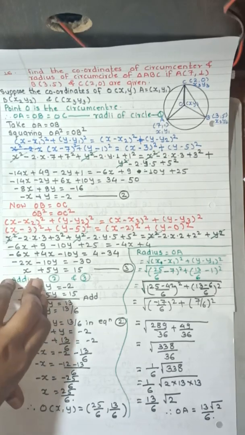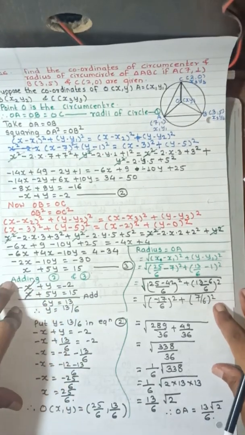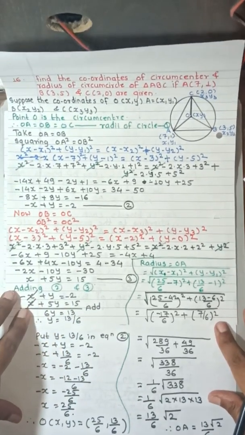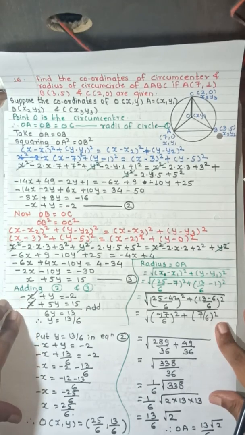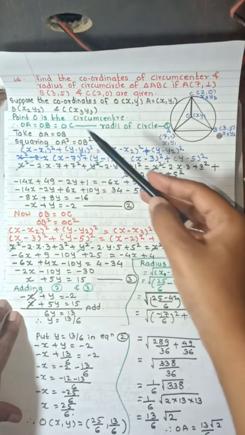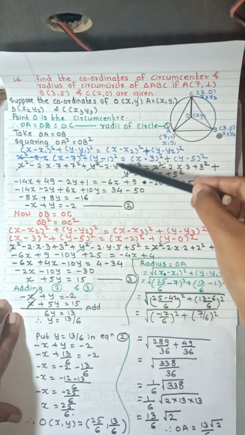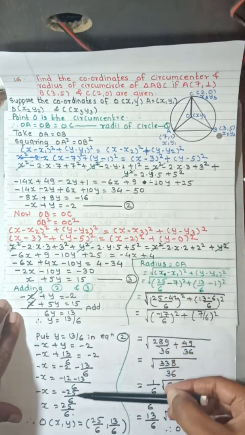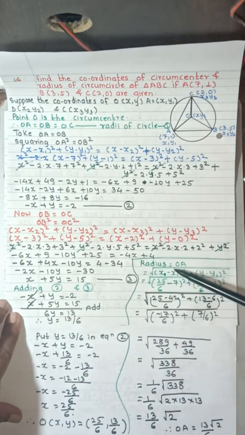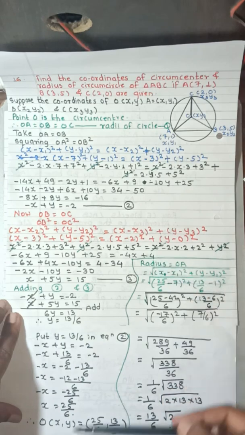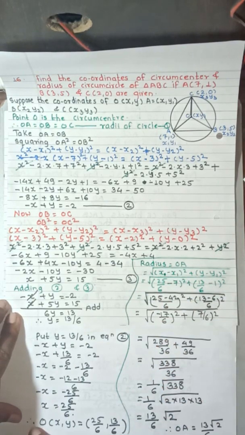I hope now you are able to see this. One second, I'll just push the page. You may write down the question from your textbook. Remember that the solution is in this way. It starts from here, from this page, and for radius from here you have to write this point below this. Okay, you have to write this side below O(x, y). Now I hope it is clear. You may take a screenshot of this and note it down in your notebook.